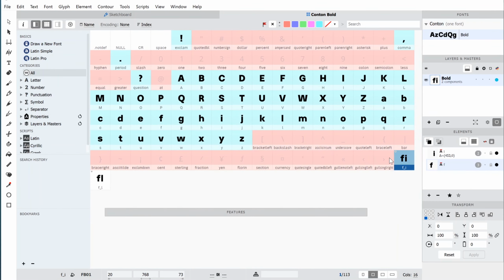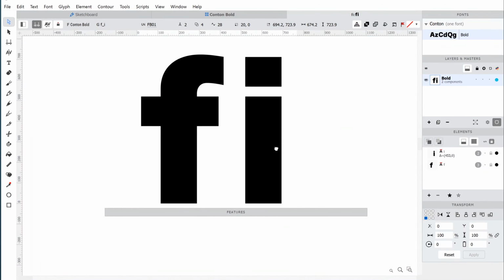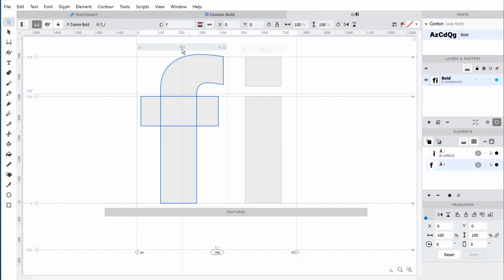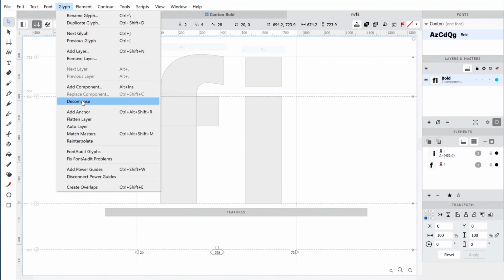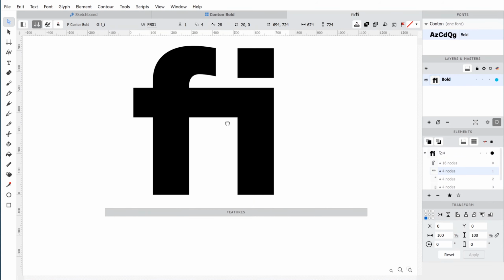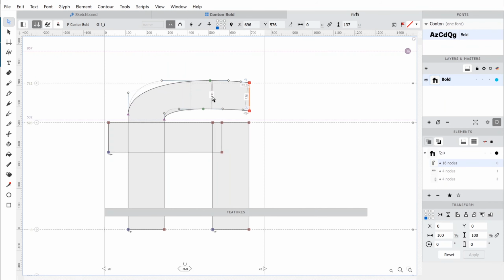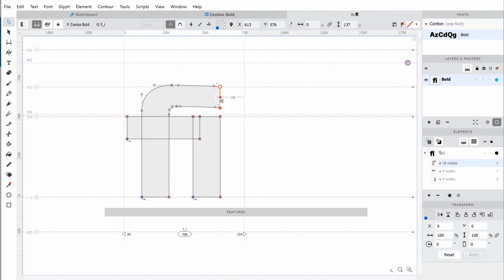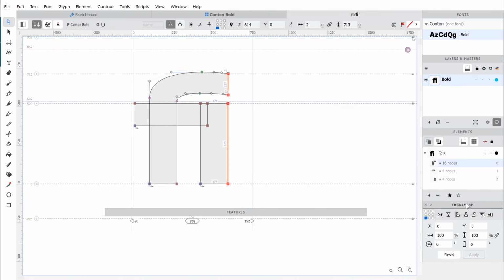Whenever the newly generated glyph is the combination of two existing glyphs, it is a good idea to name the new glyph as the first glyph name, underscore, the second glyph name. It could be more than two glyphs. Just remember to put an underscore between the names. By doing this, the newly generated glyph will have components of both glyphs. It also helps in a later stage when we are writing OpenType features.